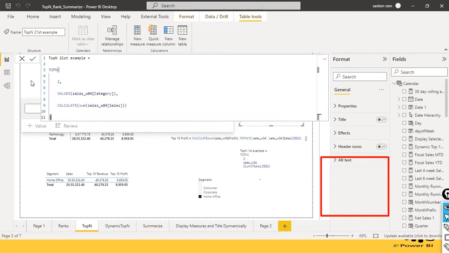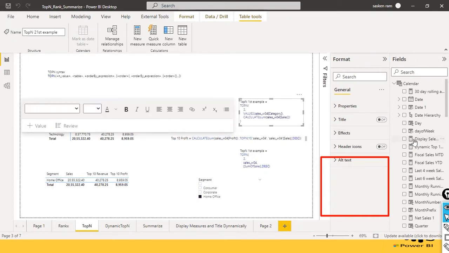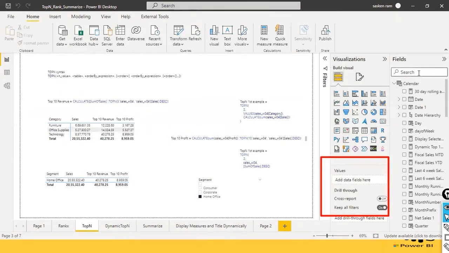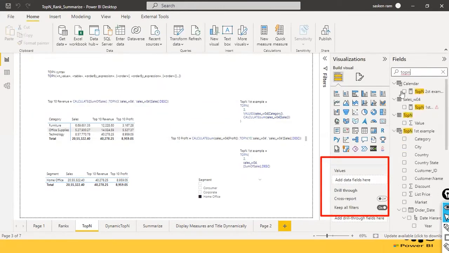Look here, a table is also possible. You can create a measure, and you can create a table also with the TOPN function. So now I just go here, TOPN, and yeah, first example, right? Look here, it got created as a table. If you go to this one,